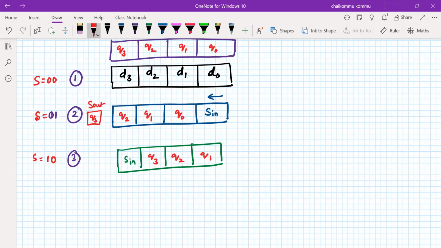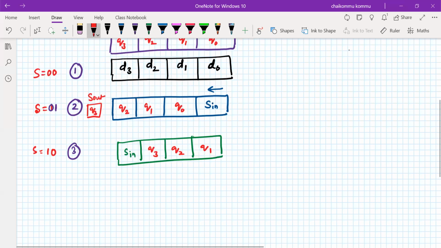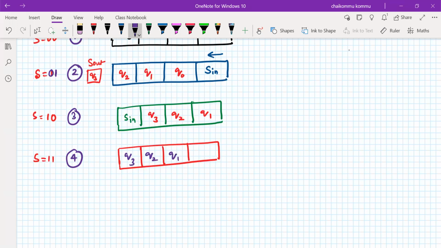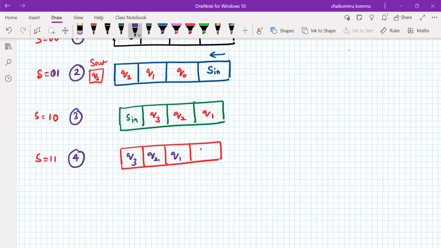Okay, and now the holding operation. The last one is the holding operation that can be observed when 1, 1 is assigned. The fourth one. So what is the fourth operation here? One, two, three. So therefore holding the data means the previous value only it has to hold. Therefore this is Q3 as it is, Q2 as it is, Q1 as it is, Q0 as it is. Okay, so that's how we can write.